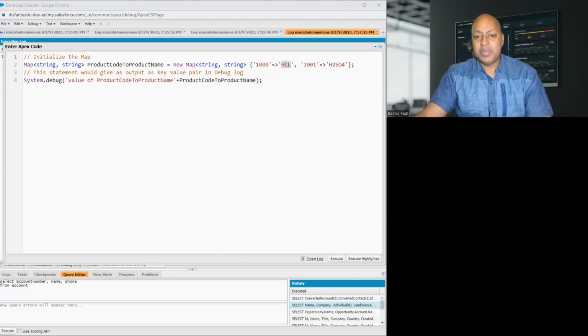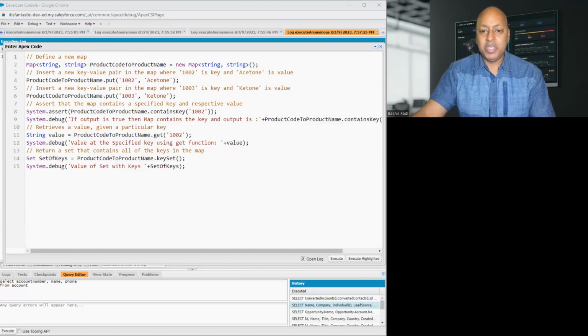Another collection type is maps. Remember that a map is a key value pair which contains a unique key for each value. Both the key and value can be of any data type. So let's look at this example here, which represents the map of the product name with the product code. Similarly, methods could be used for maps, as we can see in this example, where we can use put, assert,